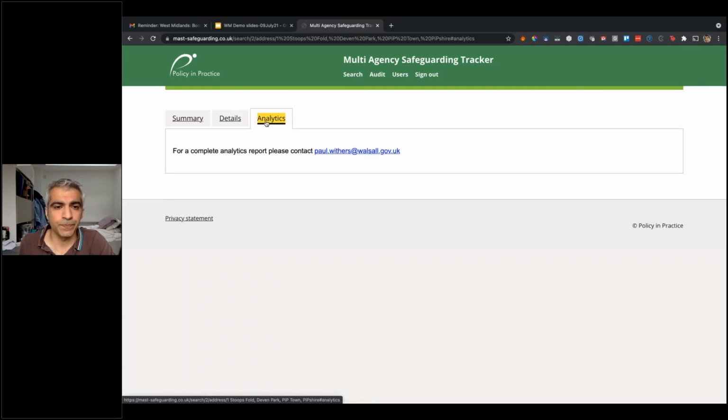I think the final point is that there are some advanced analytics here that you can request. We've not built it into the system because we're still figuring out the best way to visualize them, but they are what the team at the West Midlands have been working